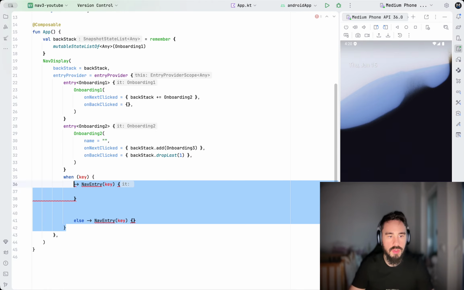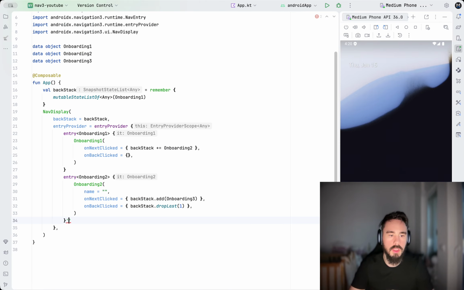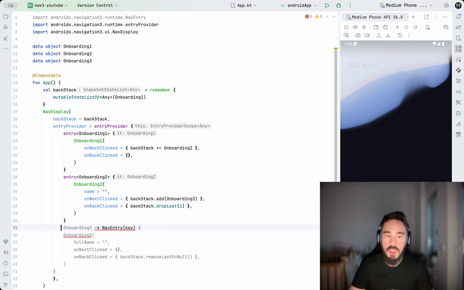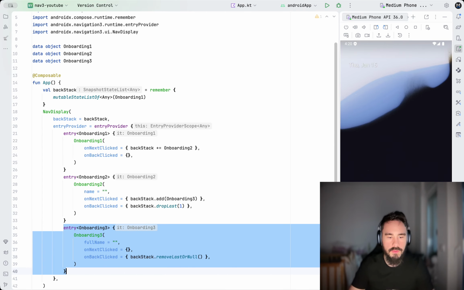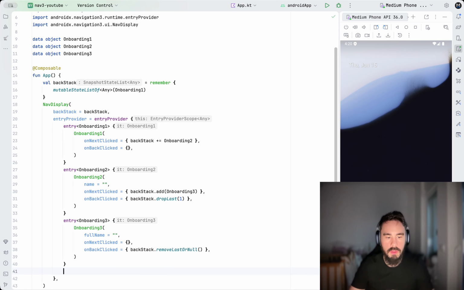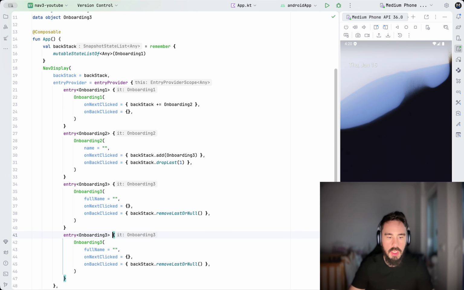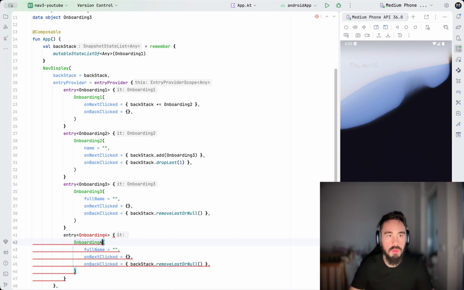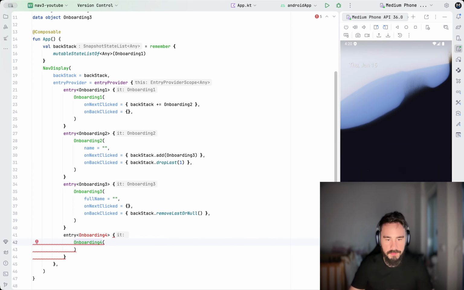We will have entry for onboarding 3. And we will add entry for our onboarding 4, since we have it and we will use it, but right now we don't actually have it. Onboarding 4,